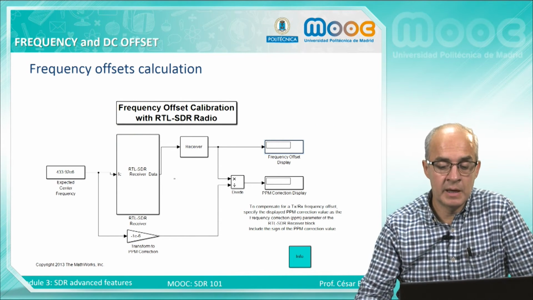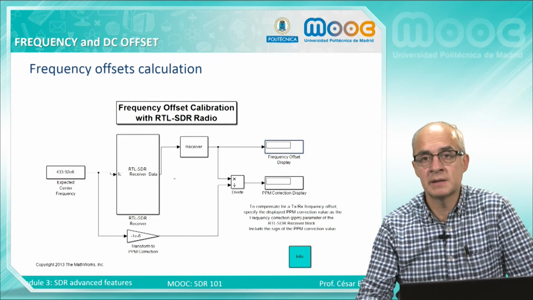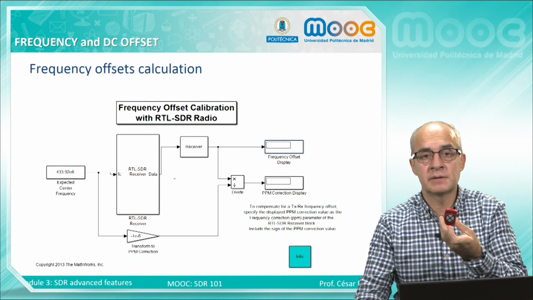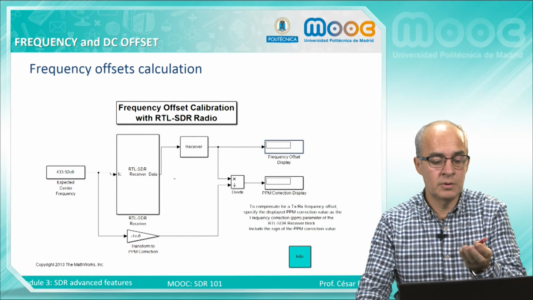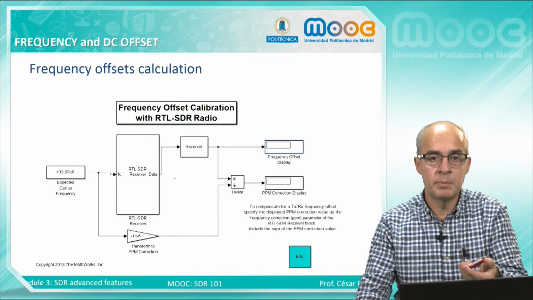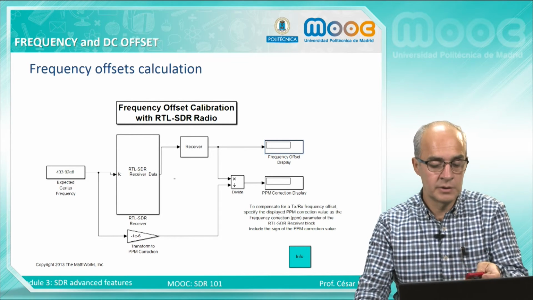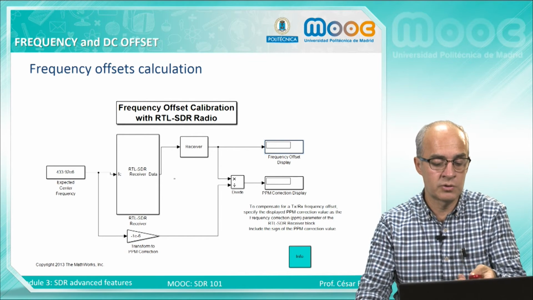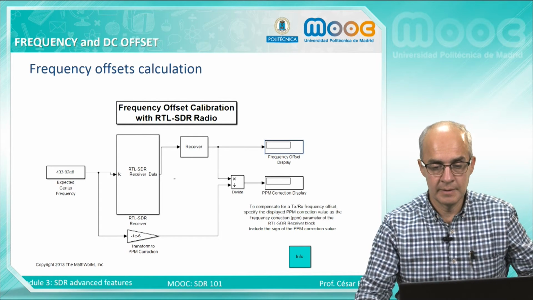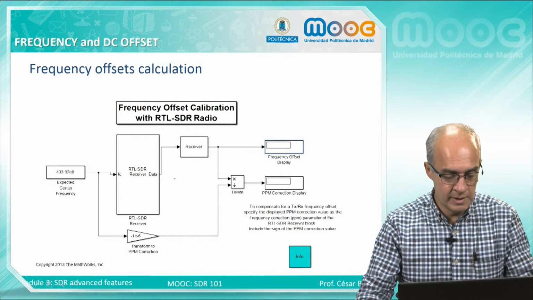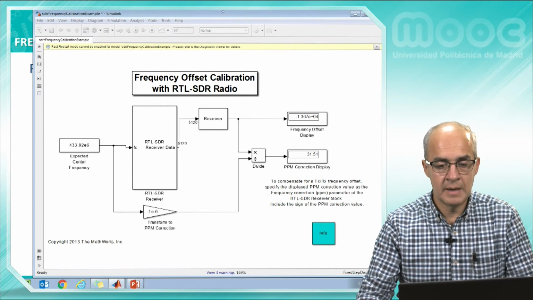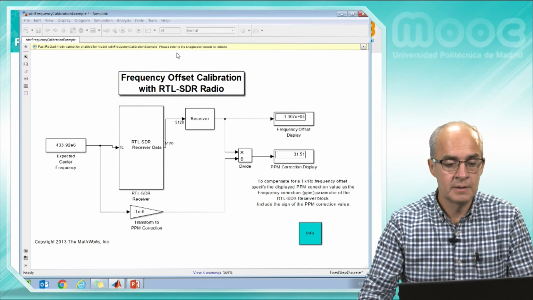So let's see how the example is working. For this example we are going again to use a remote control as transmitter. This remote control transmits in the frequency of 433.92 MHz. This control is very stable, so we can use it as a transmitter. We switch now to Simulink,